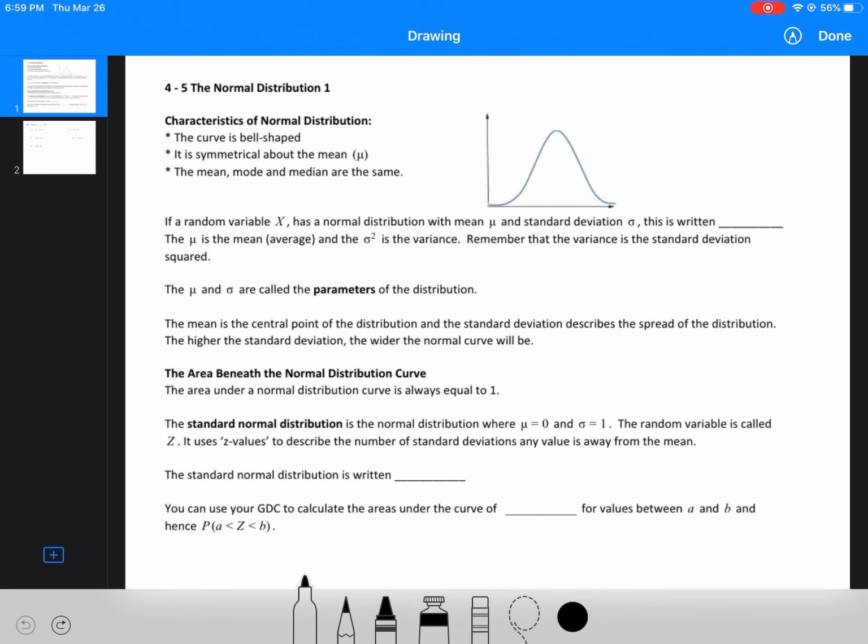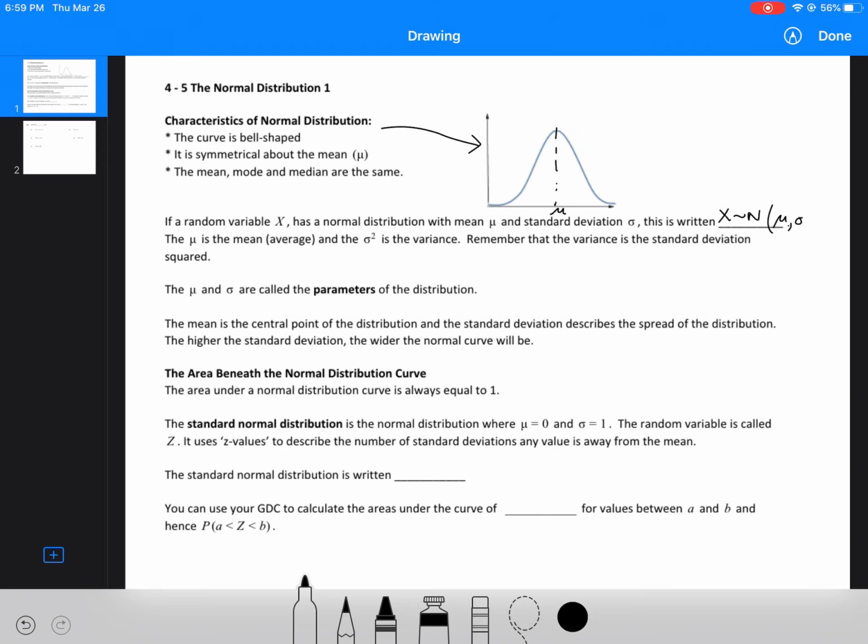This video is about the normal distribution. Previously we looked at the binomial distribution. Here we're going to look at the normal distribution. The curve is bell-shaped. It is symmetrical about the mean, and the mean, mode, and the median are all the same. If a random variable x has a normal distribution with mean mu and standard deviation sigma, this is written like this,